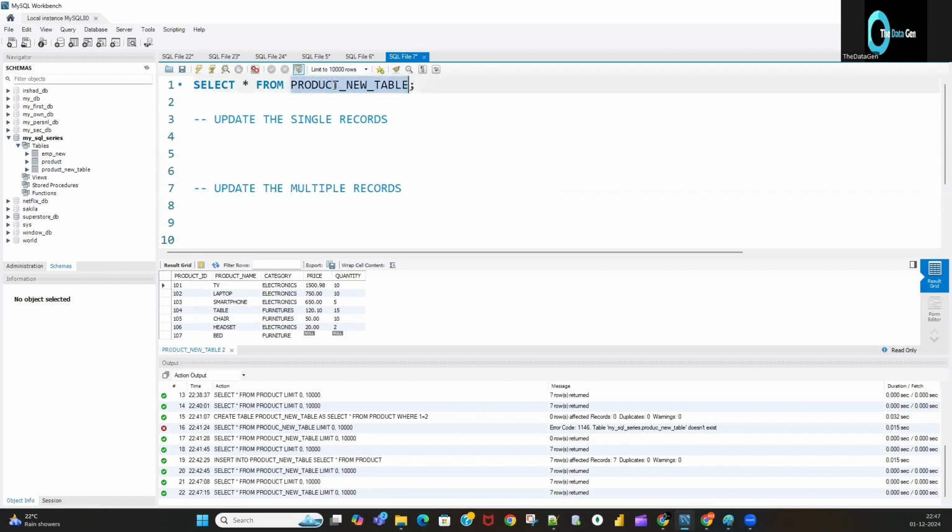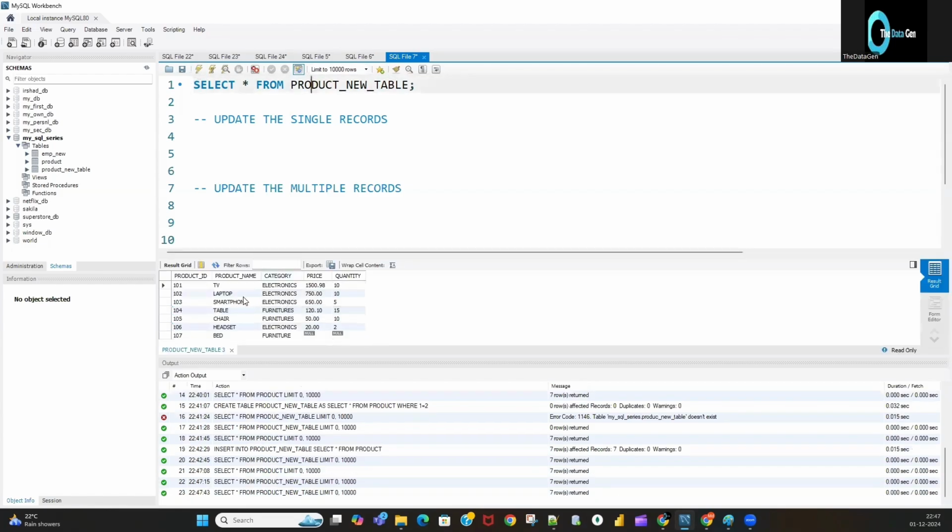So this is my new table. So I have created two tables, product table and product new table. Both contain the same data only. Okay. So here, if you see select star from product new table, if you execute this code, these are the data we have created, right? So now we can see how we can update a single record, and how we can update multiple records based on the condition. So if you see here, right now, if I want to make changes in this record,